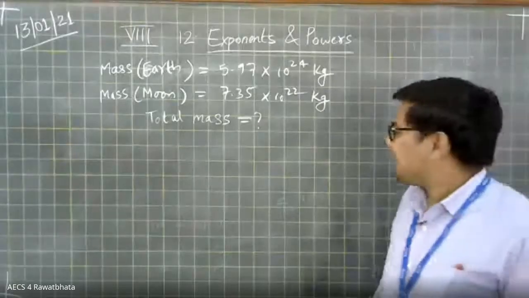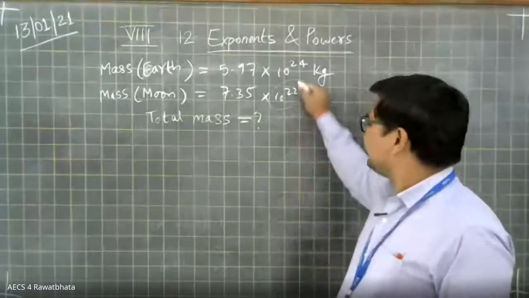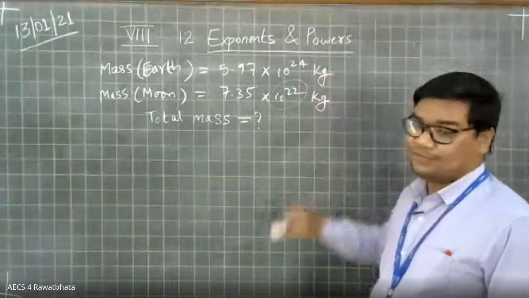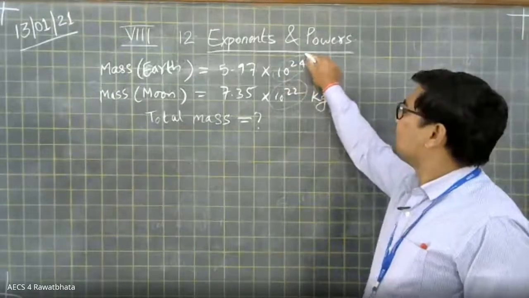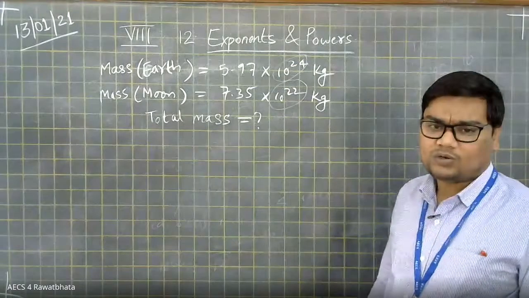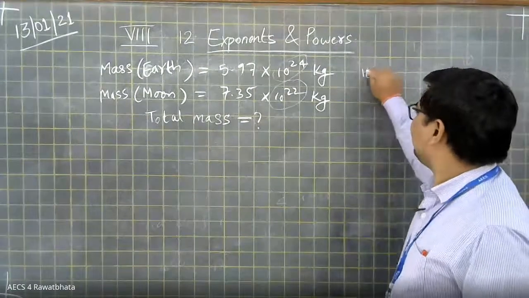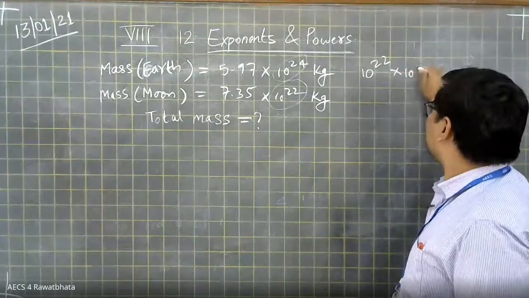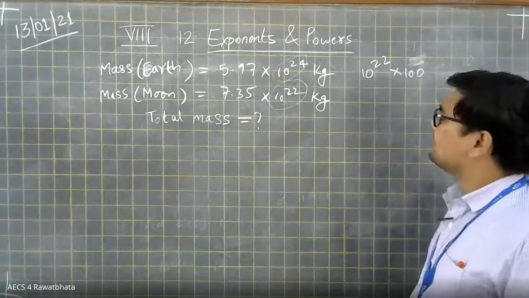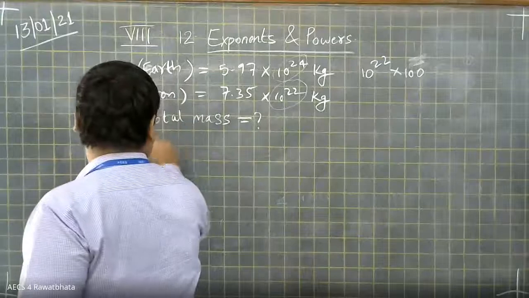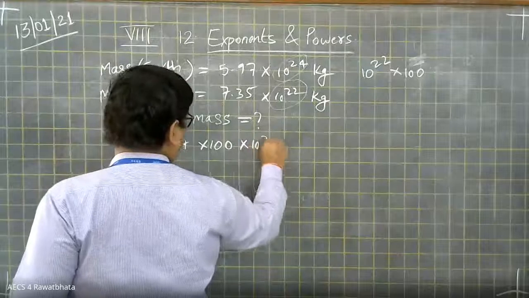Okay, so let us add this. Here we see that mass of the moon is 10 to the power 22 and mass of the earth is 10 to the power 24. So we are going to express this 10 to the power 24 as 10 to the power 22 into 10 to the power 2. 10 to the power 2 is nothing but 100. So I am going to write mass of earth like this, 5.97 into 100 into 10 to the power 22